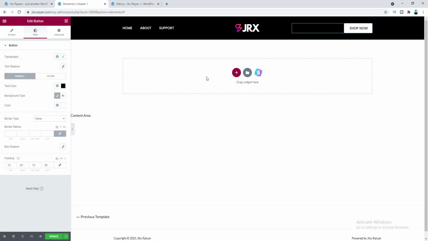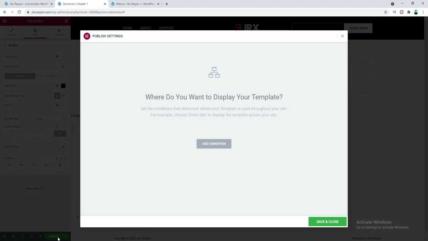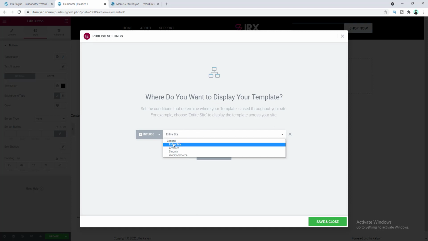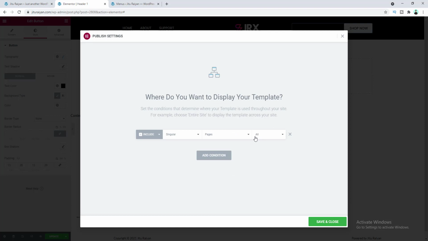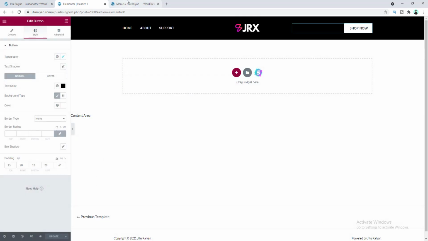So right now to save our header let's click on update, and from here you can also add some display condition for this header, so click on add condition. And here I don't want to show this all over my website, so from here let's choose singular, and from all singular I want to choose pages, and here I only want to show this transparent header on my home page, so here let's search for my home page and select this and click on save and close. Okay, now if we go to our home page,